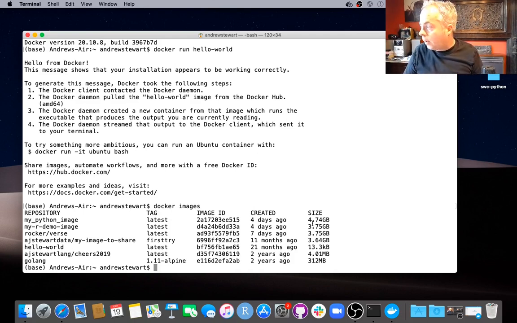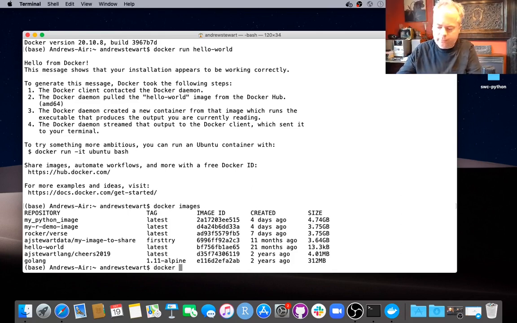So we've just run the Hello World Docker image. You've got this container running. It's not particularly impressive. It really just checks to make sure that everything's working okay. So what we're going to do now is run the Rocker tidyverse Docker image. We're going to run that container, which is a pre-built Docker image that contains RStudio and a whole bunch of